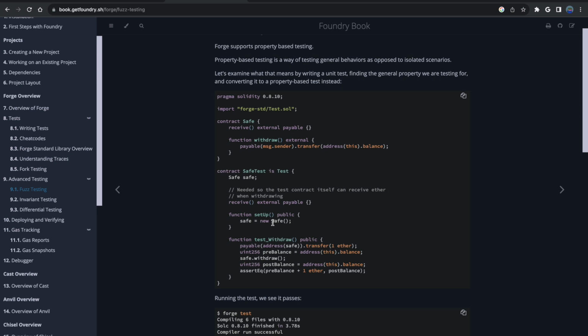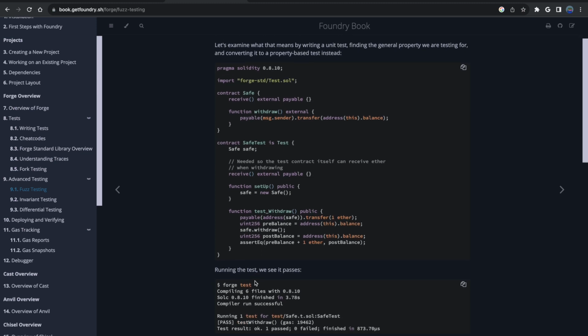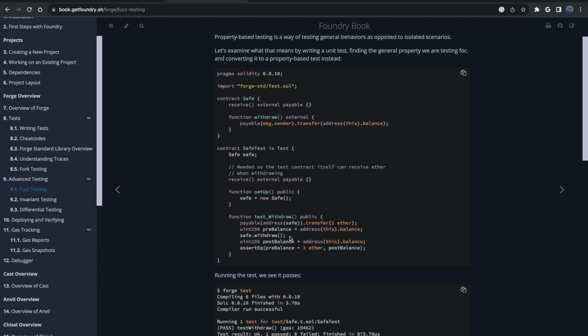When you fuzz test, you're essentially stress testing a function or different functions within your code or smart contract. So if you think about it, we have a function that does a withdrawal. If we wanted to fuzz test this, we can deposit different types of values and attempt to withdraw that, and we may do it like 1,000 different times. So this is a fuzz test. You're running a test 1,000 different times and trying to see what are the interesting results that this thing can spit back out. So this is a cool thing about Foundry.